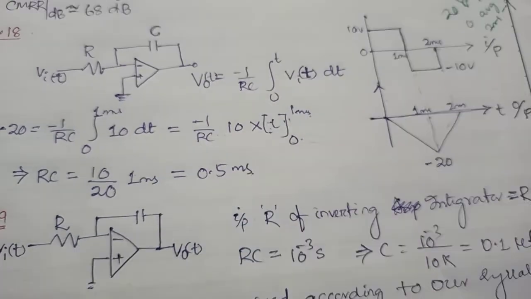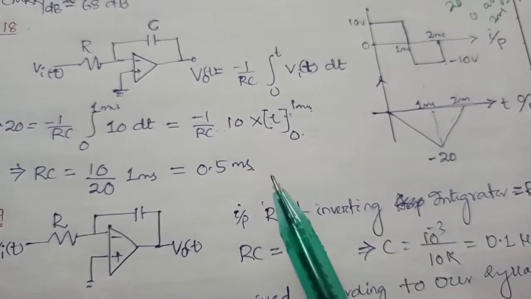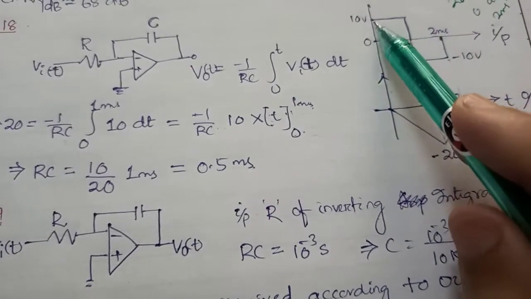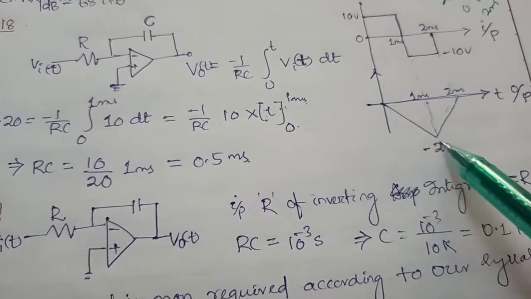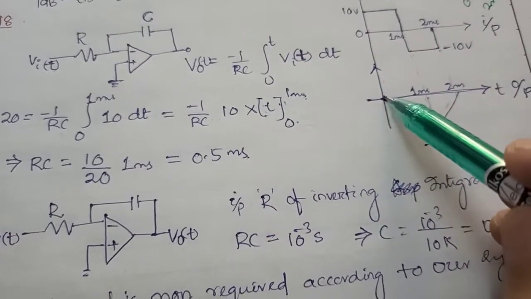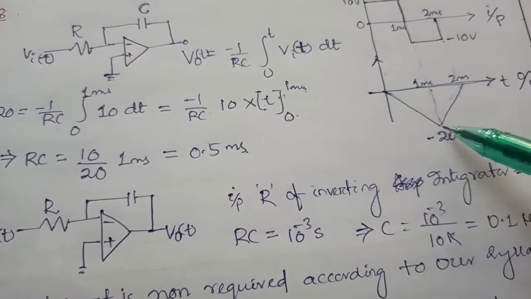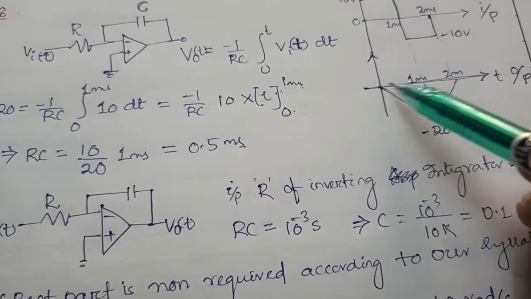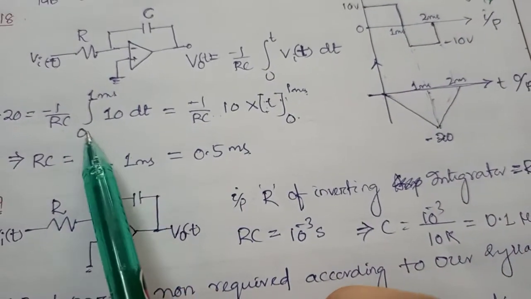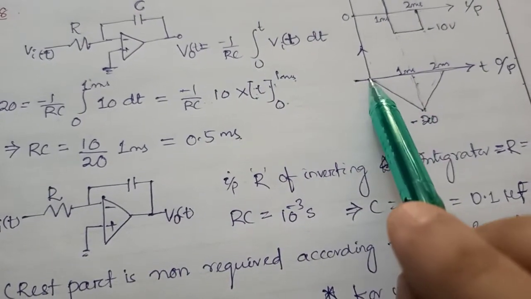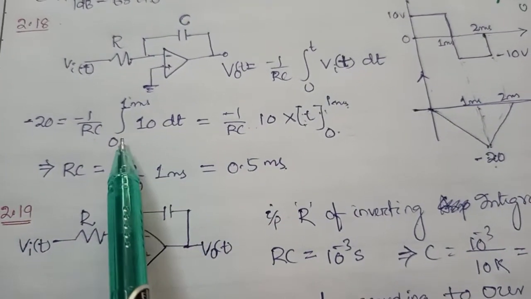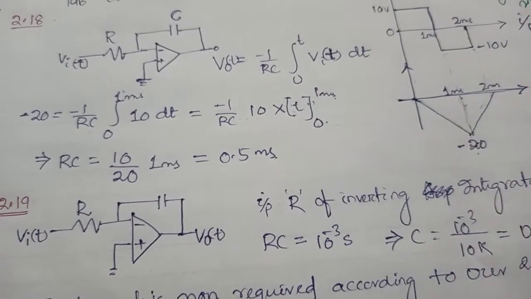Okay, why am I taking minus 20 here? This is the output, a triangular waveform, because we know that the integration of a square wave is triangular, means for this step it is a ramp, and for the negative step there is a negative ramp. So the minus 20 volt at output is at 1 millisecond, 0 to 1 millisecond, that is the negative ramp. That's why I have taken 0 to 1 for this graph. For 0 to 1 millisecond this is the graph, and the limit is minus 20 volt, that is the voltage for output, and 0 to 1, this is the value of 10 dt, that is the input signal.